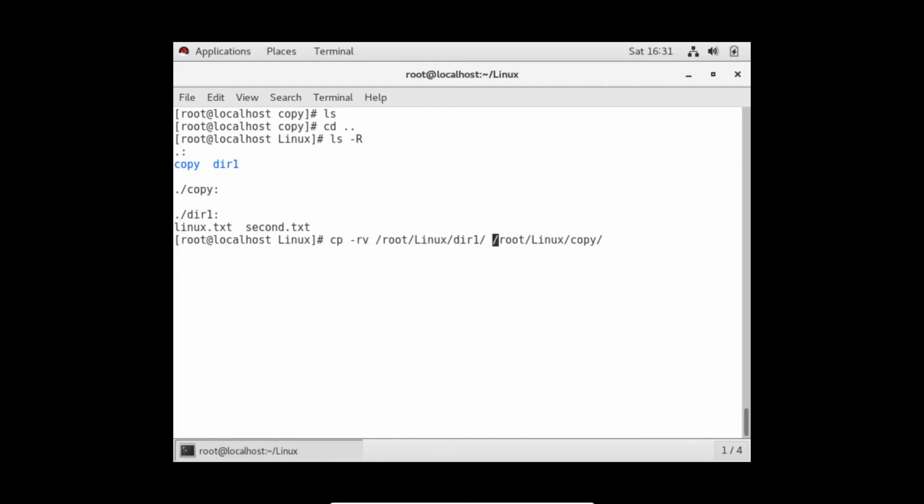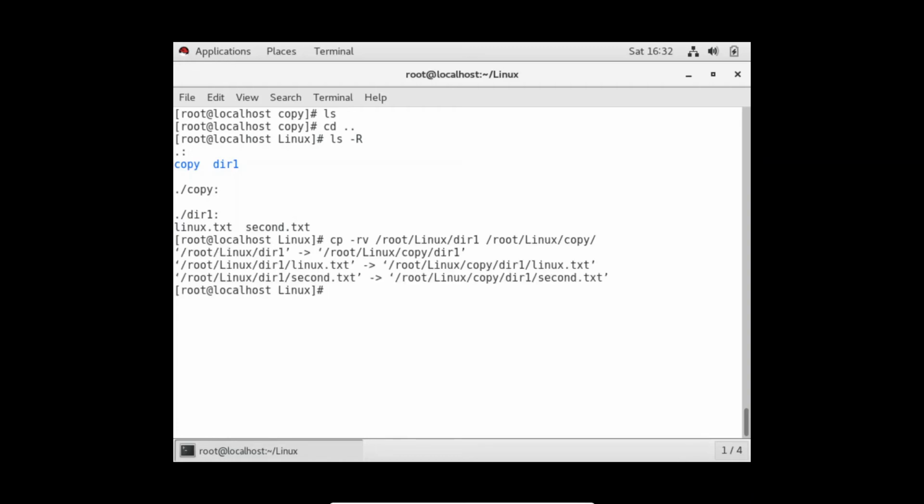Now if I only want to copy the files, remove this slash from the end. Only that slash is copying the thing in a parental or hierarchical structure, because the slash at the end, as you all know, represents a directory, so that's why it's copying the dir1 directory as it is. It's not copying the files inside dir1, it's copying the dir1 directory itself. So if I now enter,